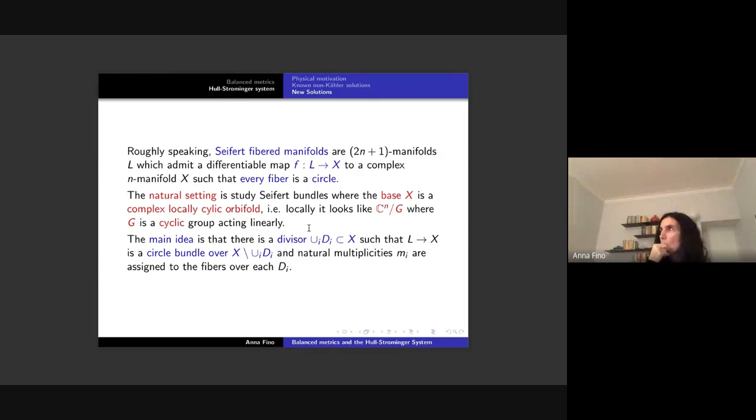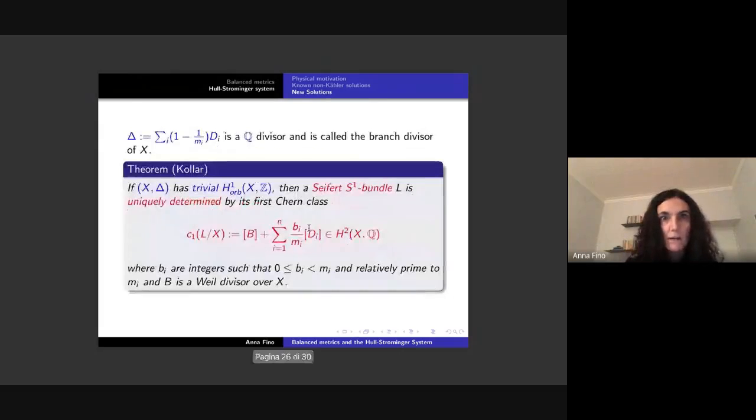Because when you have multiplicity bigger than 1, it means that in the fiber you have the action of the m-th root of unity. And this m is exactly the multiplicity that you assign to every fiber, okay, more or less, roughly speaking. But what is important is that you can determine the Seifert S1 bundle by essentially what is called